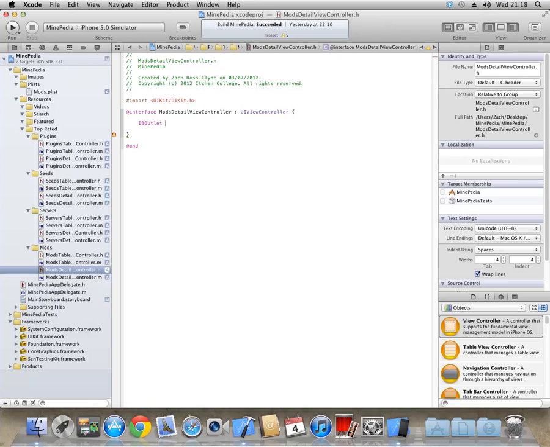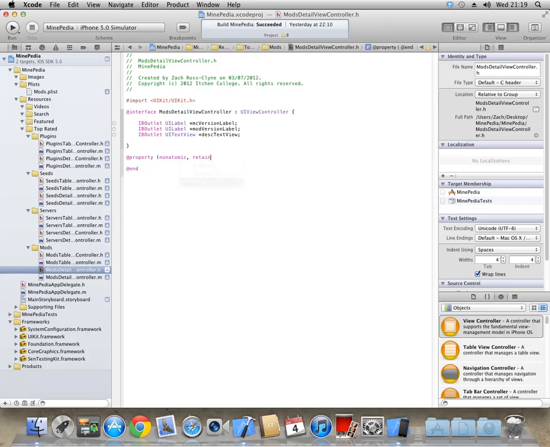So I'm creating an IBOutlet, which is a UILabel, and I'm going to call this one MC version label, IBOutlet UILabel mod version label, IBOutlet UITextView description text view. Okay, so now that we've got them created, I now need to go into here, add a